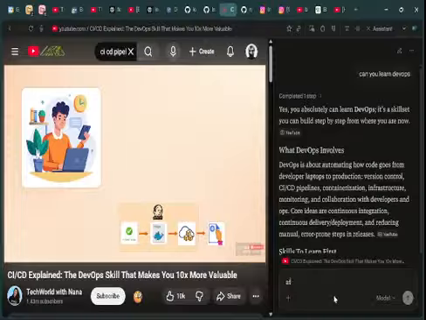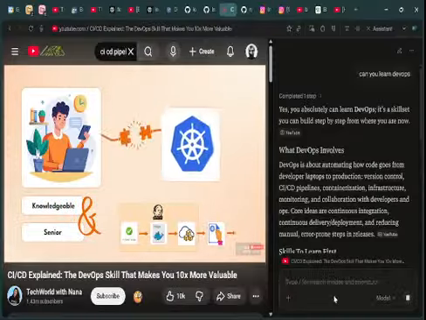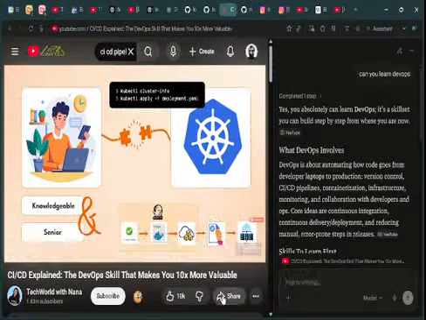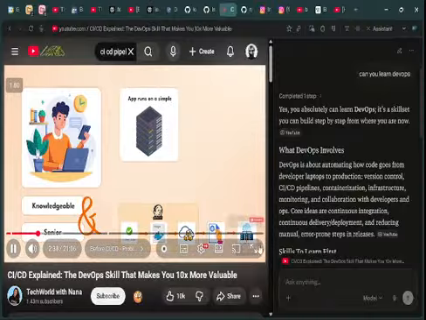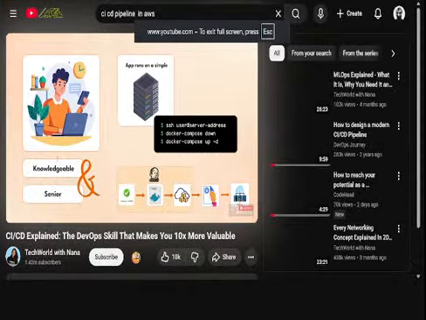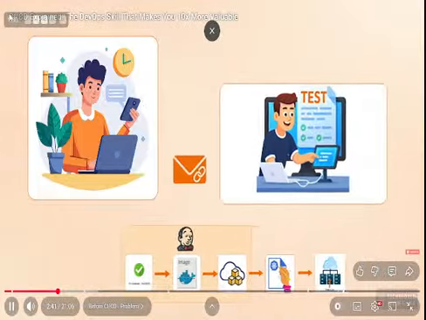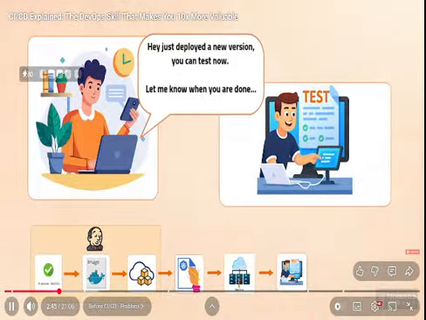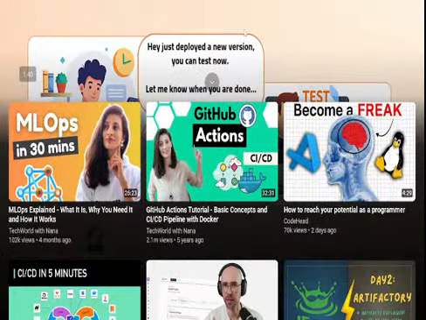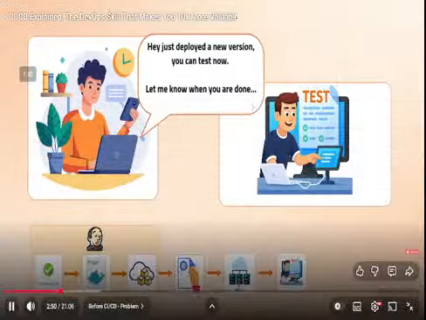And now again, someone who is knowledgeable and senior in our team connects to the Kubernetes cluster with the kubectl command and applies the new manifest files. Or if the app is running on a simple server, they SSH into the server, they stop the containers and restart them with a modified Docker Compose file. And then they give testers the URL and say, hey guys, just deployed a new version. You can test now. Let me know when you're done so I can manually prepare the deployment for the prod environment,